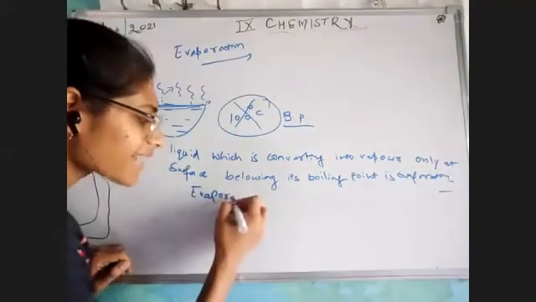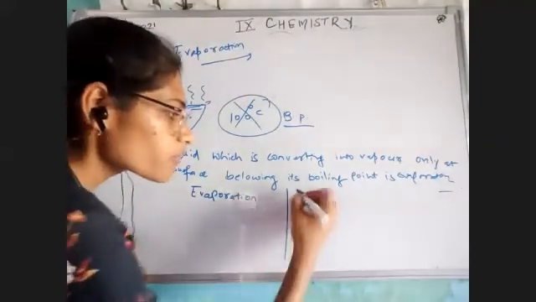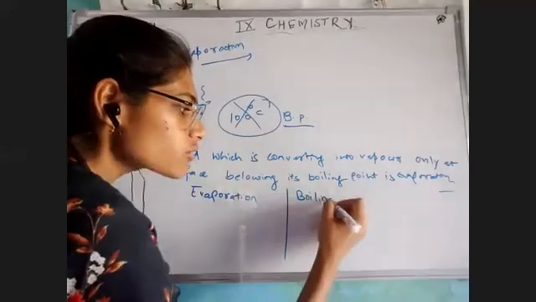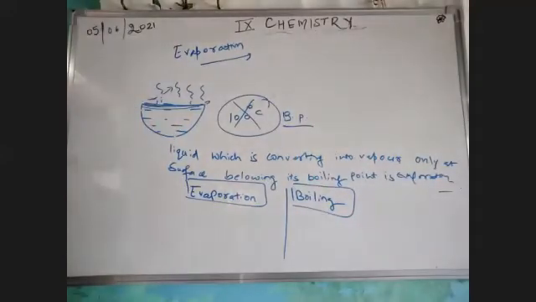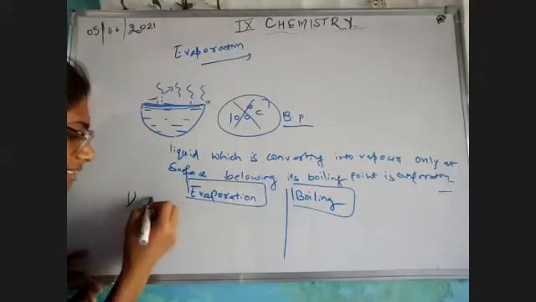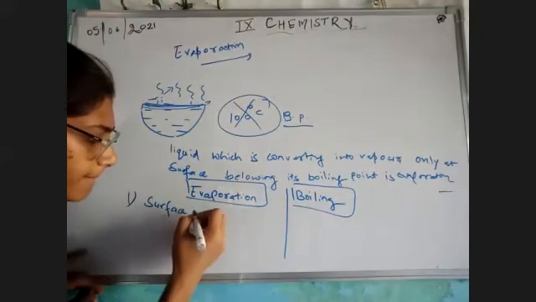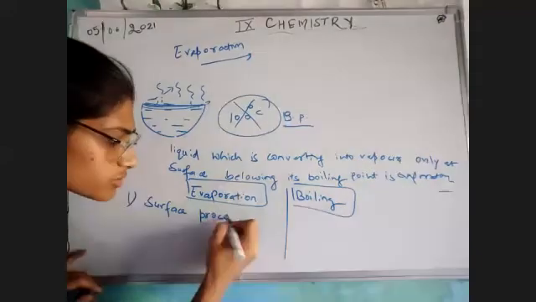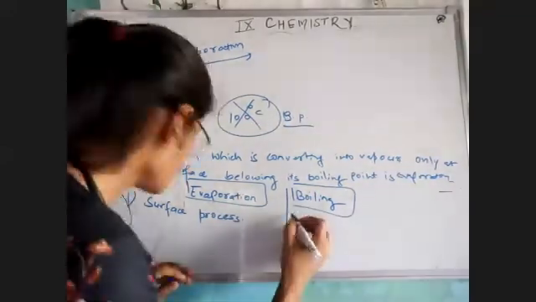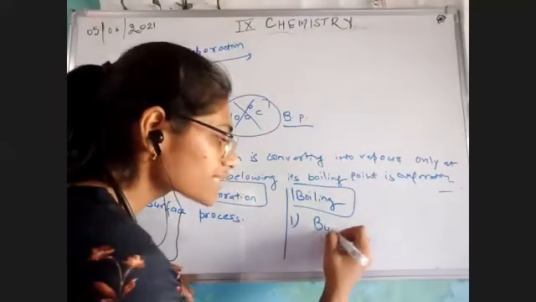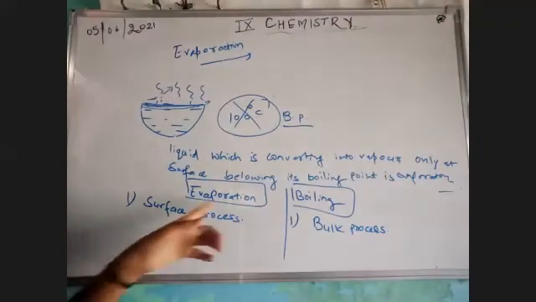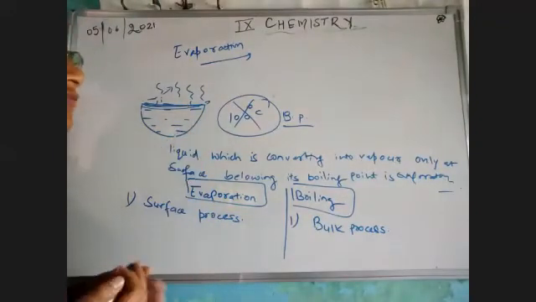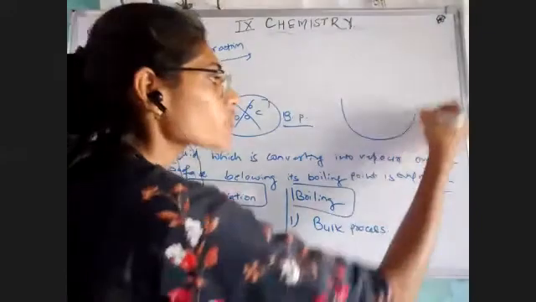Okay, but please write down this particular question in your notebook, because this has not been given in your book also, and not in your NCERT text questions. Write 2 to 3 differences between evaporation and boiling. The first point is, evaporation is a surface process, I would like to say, not phenomena, that would be a higher word. Boiling is a bulk process. What does it mean? It means that evaporation takes place only at the surface, whereas if I'm talking about boiling,